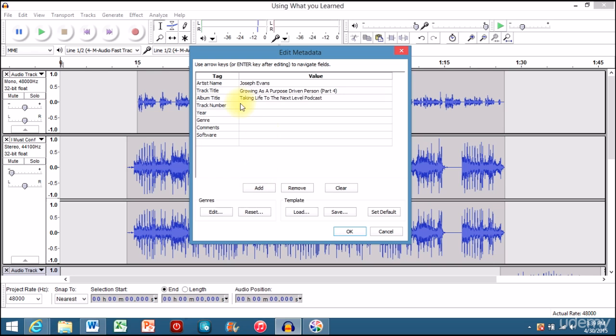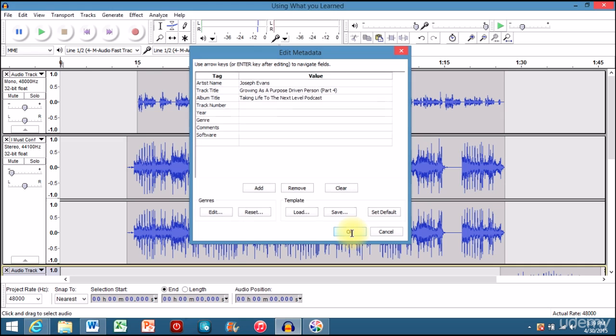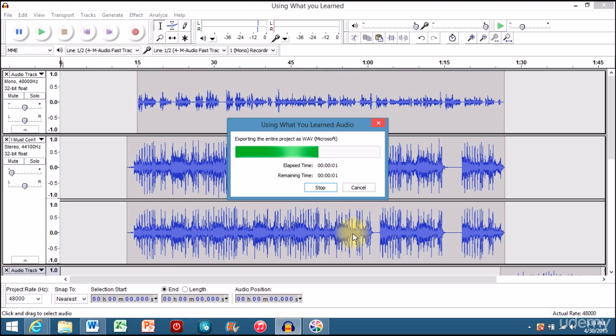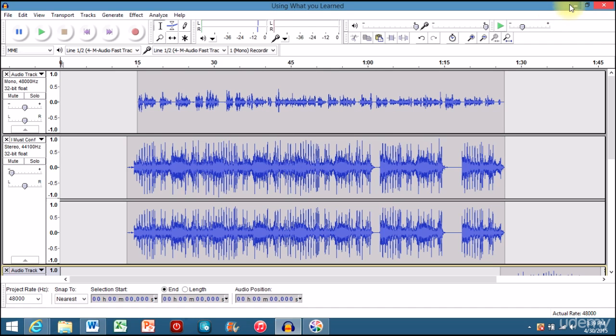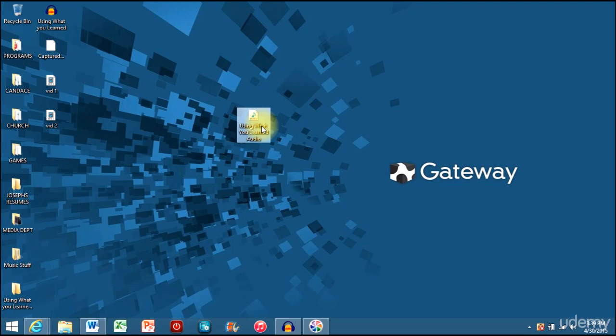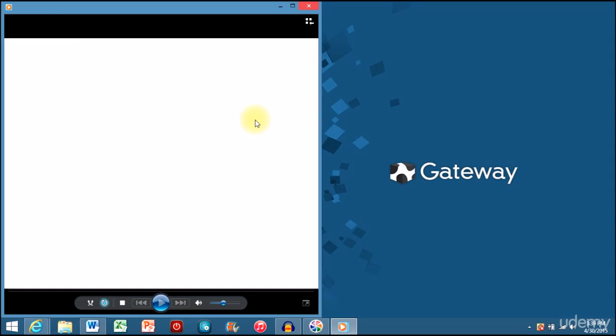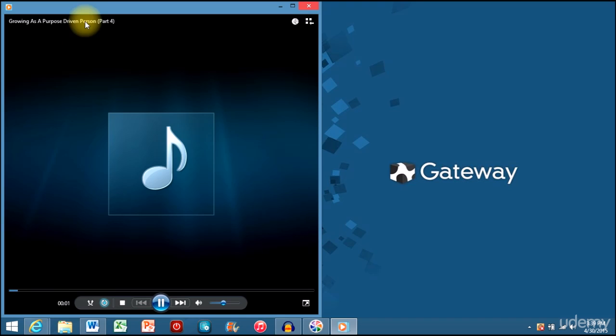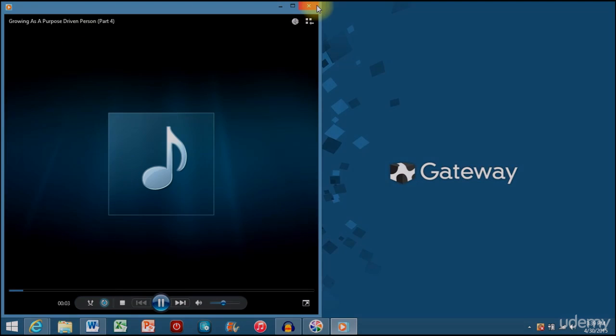Okay. So after you get everything you want to put on there, just push OK, and it's going to do what it does. You can bounce down MP3s, you can bounce down whatever. The way to test this, though, is you go ahead and open it up. You see what I'm saying? See,